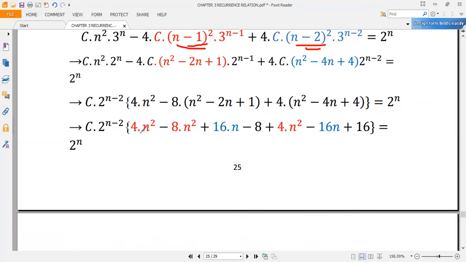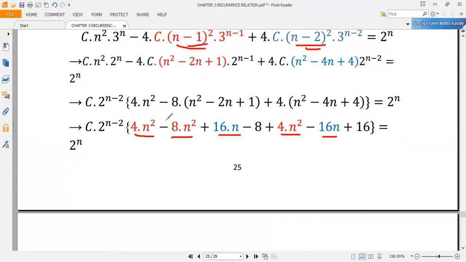So collecting those like terms, the terms which have the same power: 4n squared minus 8n squared and 4n squared, you have this one. And the other one is 16n and minus 16n, and the number is minus 8